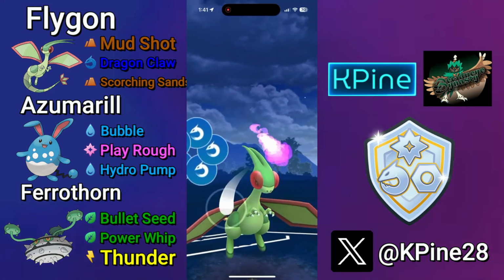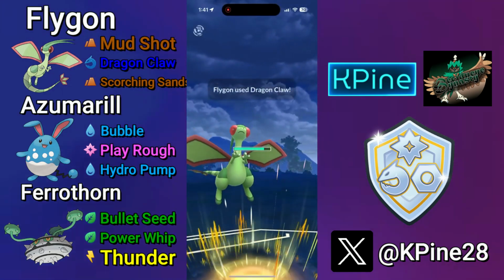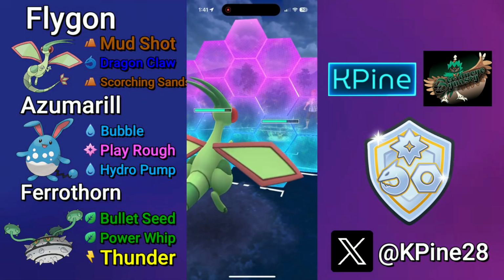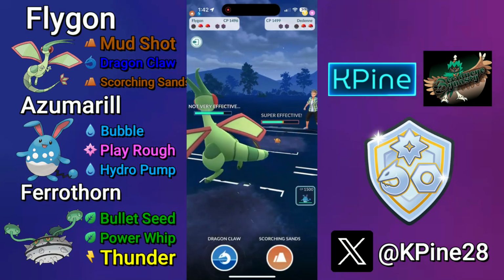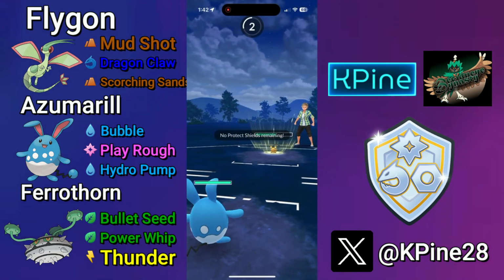I will at least be able to force 2 shields with my Flygon, which is nice. And here I go for a little bit of a risky bait. They shielded the first Scorching Sands, so I'm predicting they will shield that Dragon Claw. And from here, this should just be game over, because if you go for a Scorching Sands and then a Claw, you reach your next Scorching Sands after 5 Mud Shots, which I do right there, and Flygon wins CMP